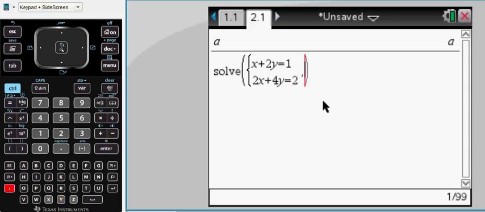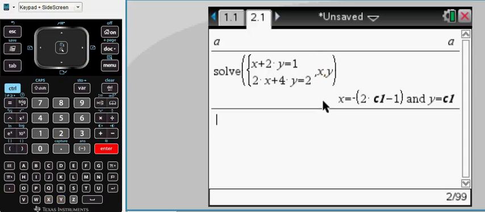Again, if I come across and try to solve that for x and y, we will create a solution, but we'll create a very unusual looking solution. We don't get a numerical value for x and y, we actually get a value in terms of another variable, this parameter variable called C1. Now if I've already used a number of screenshots as well, a number of different calculations, you may get that being C2, C3, C4, whatever it continues,